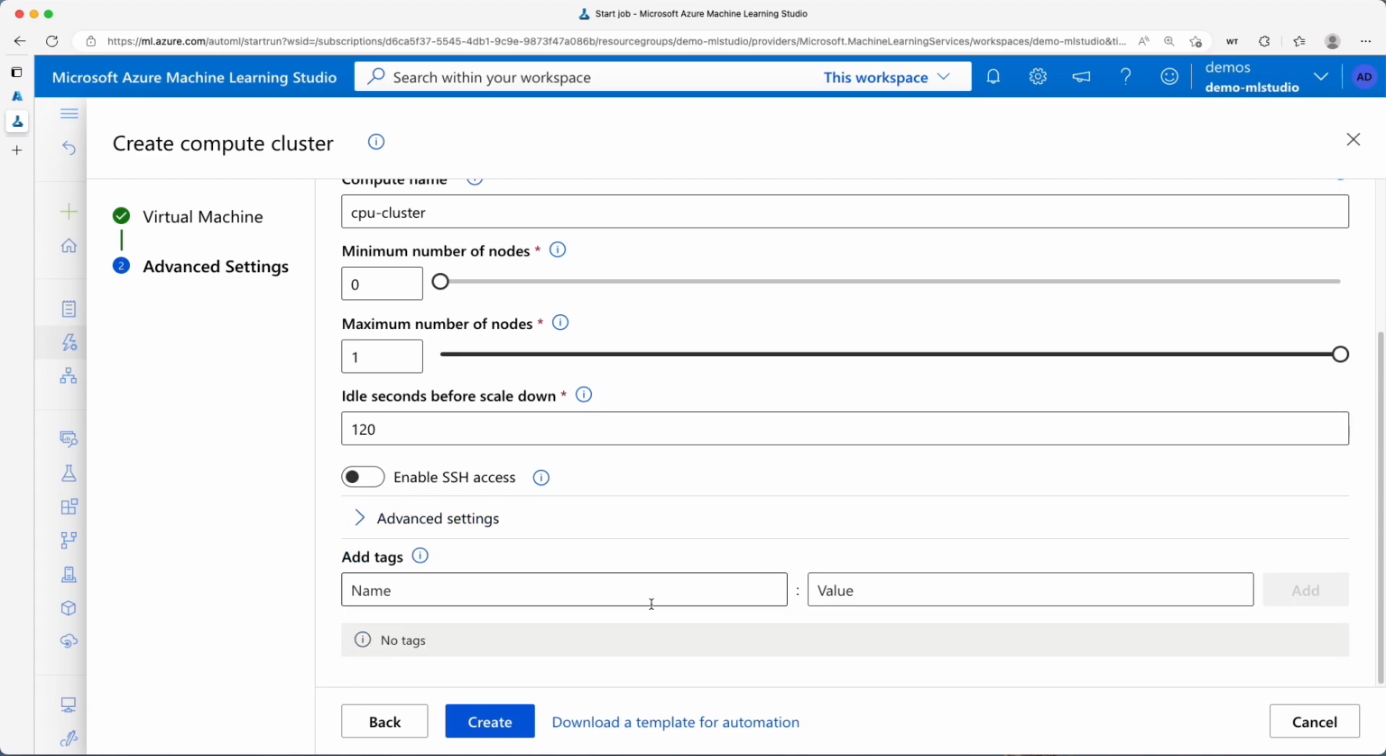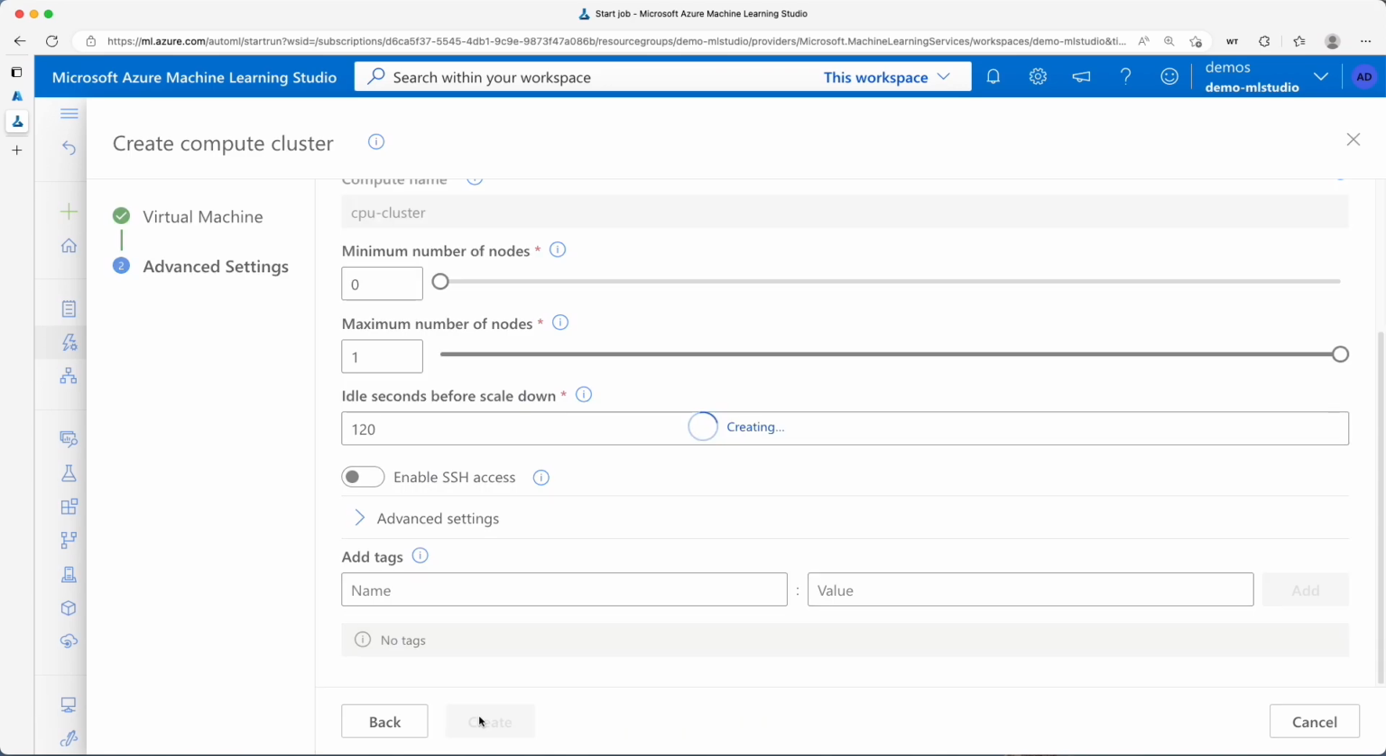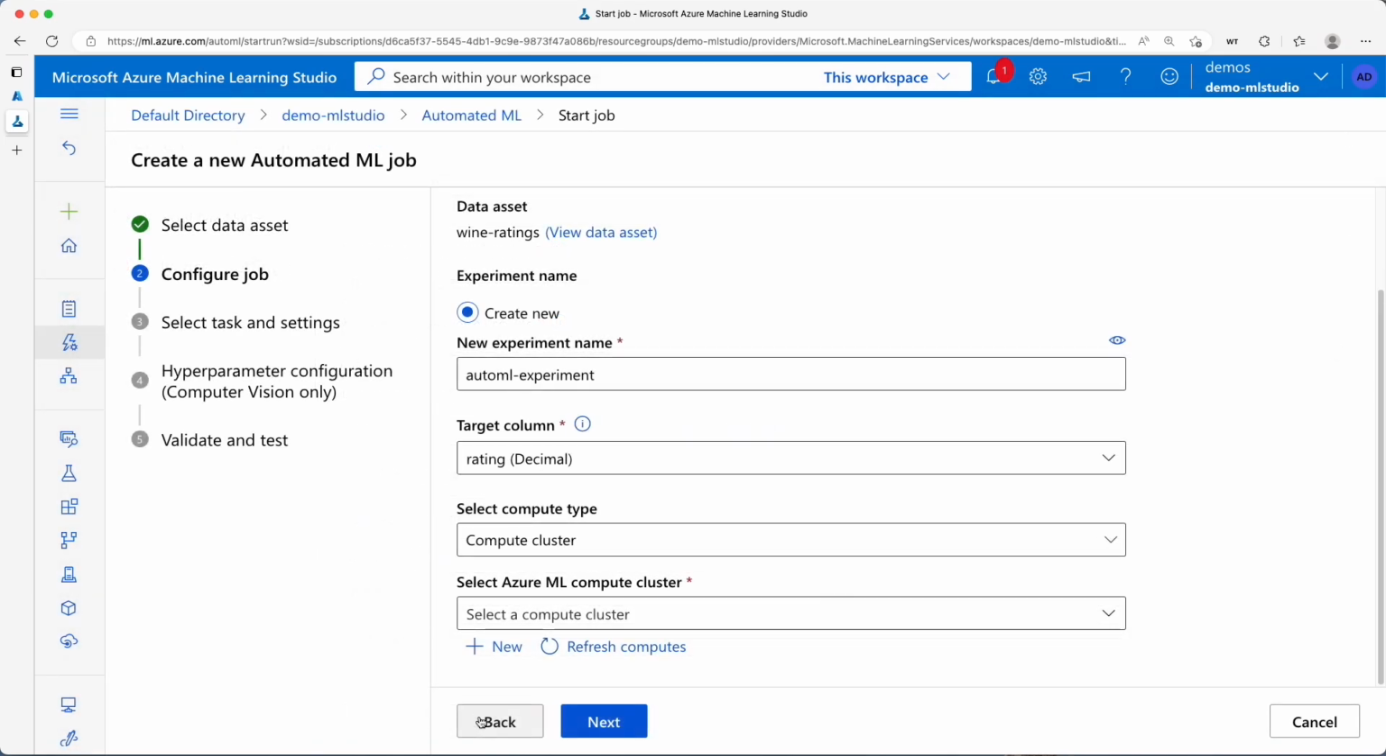I don't need SSH access. This is all good. You will see that I don't really need to interact with that. So I'm going to click on create, and this is going to take a second to create this dedicated virtual machine just for AutoML. All right, so it seems that completed,